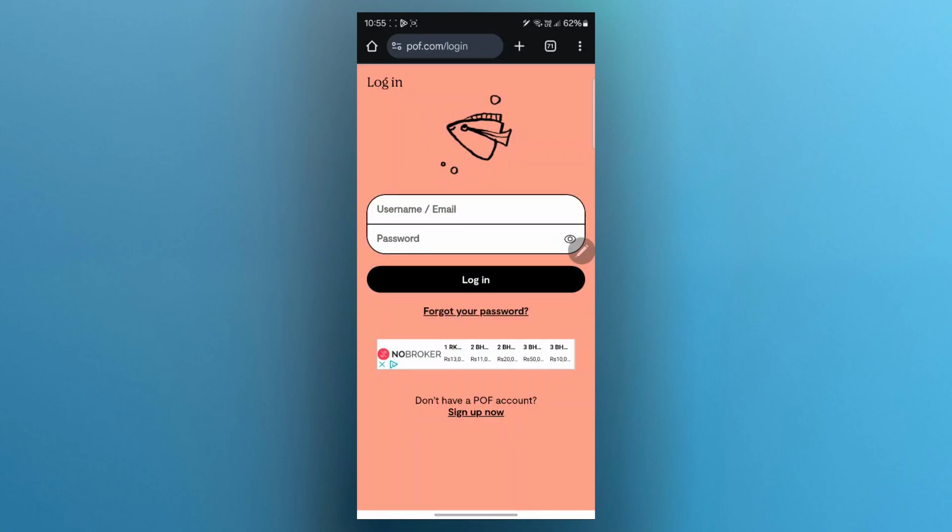After entering your username and password, you'll be taken over to another page where you will see the list of blocked people. You'll have to basically click on the unblock button and that person will be unblocked from the Plenty of Fish website. So that's how you unblock on Plenty of